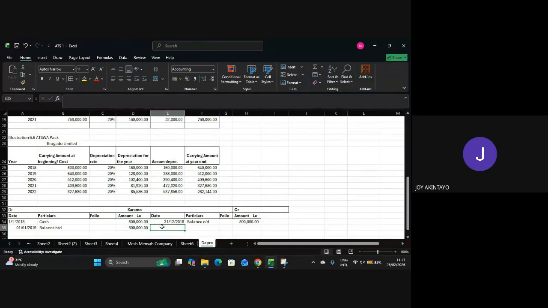At the end of the period, we have how much? Then the following period,